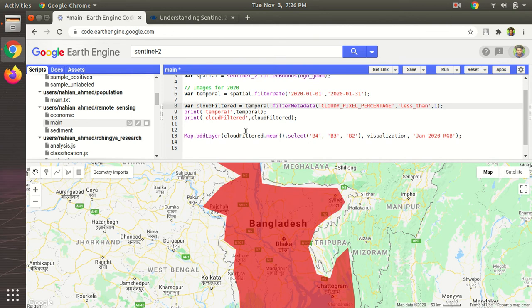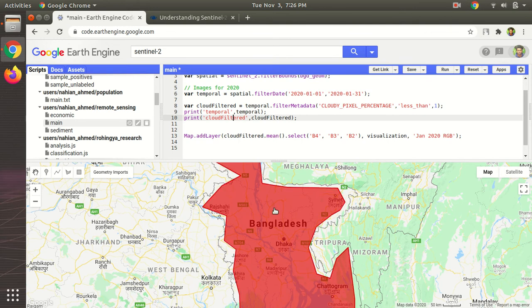So this is our cloud filter, and what we're doing first is, see, these images are overlapping images, right? For the same region we have multiple images, one over each other, and because of this, how do you say which pixel is at the top?